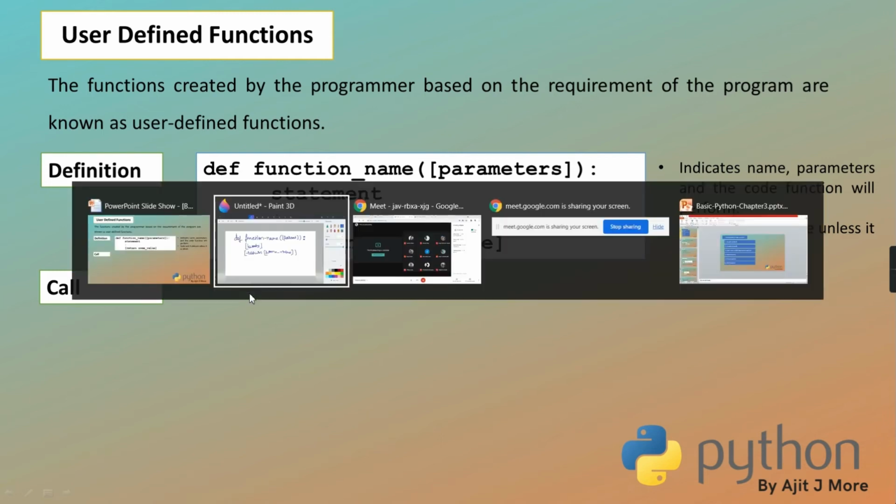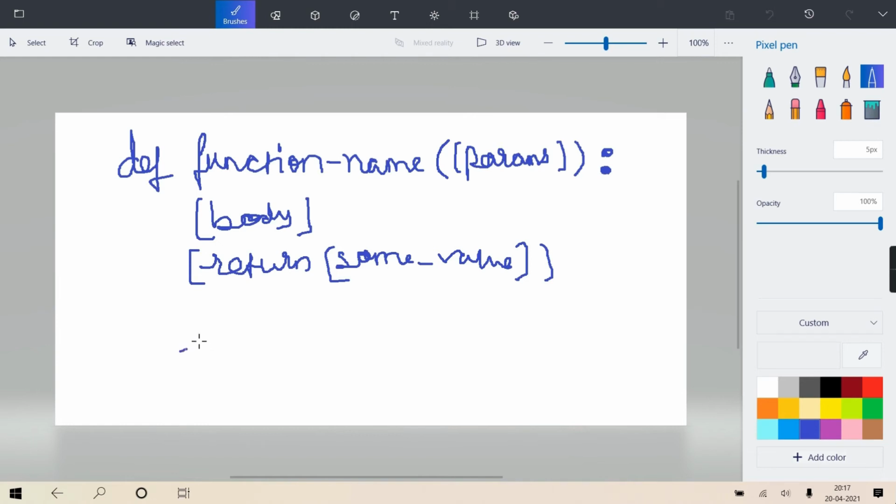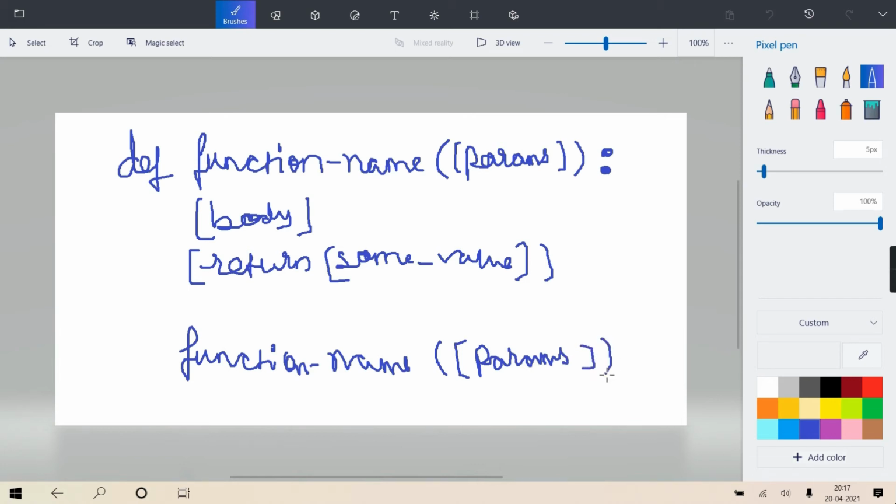Getting clear? So when you call, you have to write the name of the function, then here also you will pass the parameters, but we call both parameters. The only difference is at the time of call, what you pass, we call them actual, and within the function definition, what you receive, they are called formals.